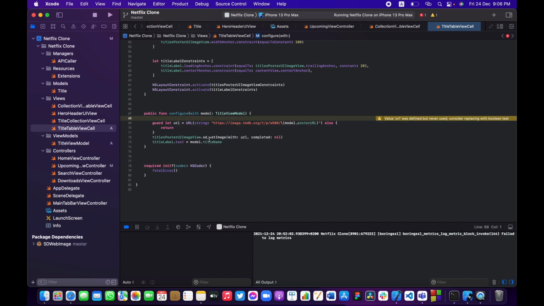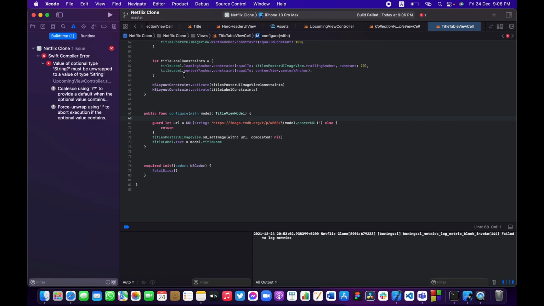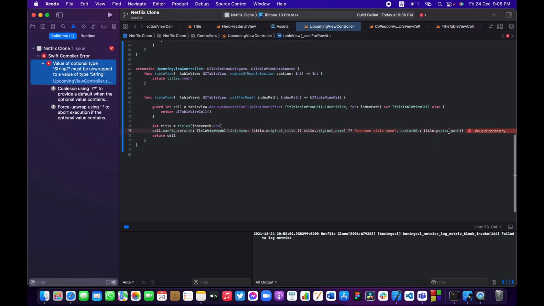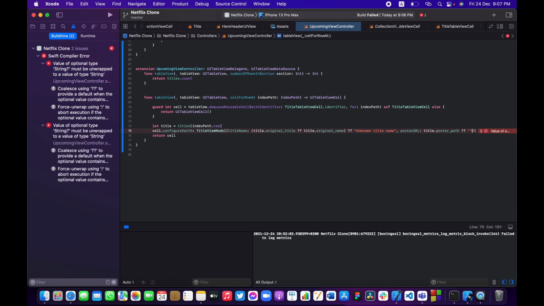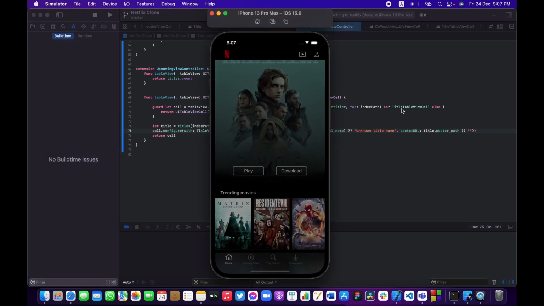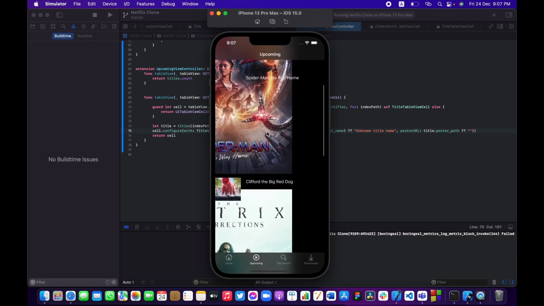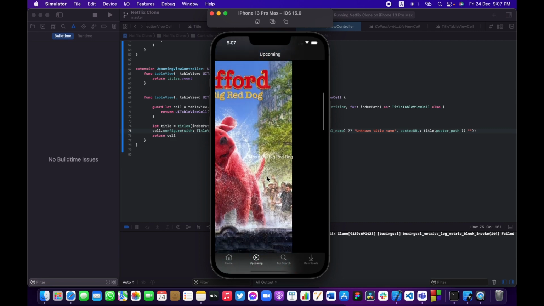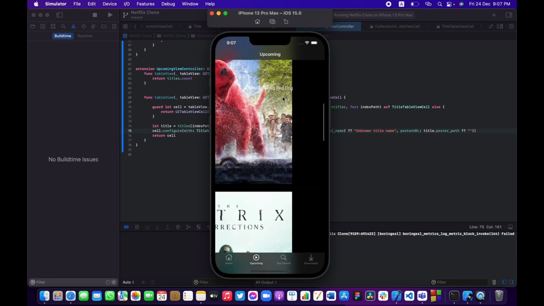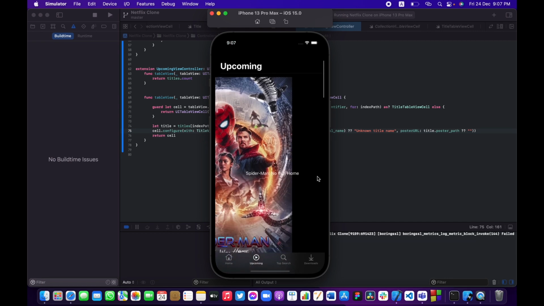I believe we have everything set up over here. Let me hit run and see what I get. I believe that there's an error. Let me see what the error is over here. Yeah, we just need to add a default value, which is going to be an empty string. Let me build and run. Coming soon. There's something wrong with the cell,